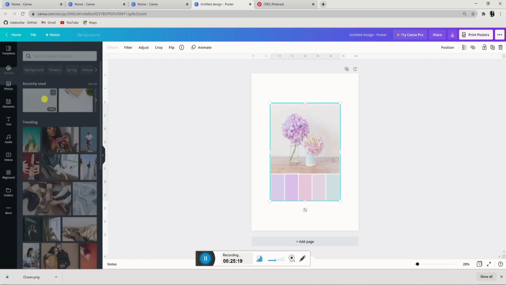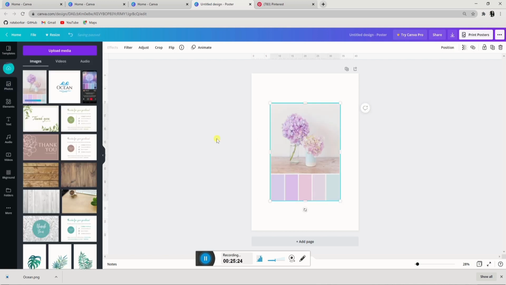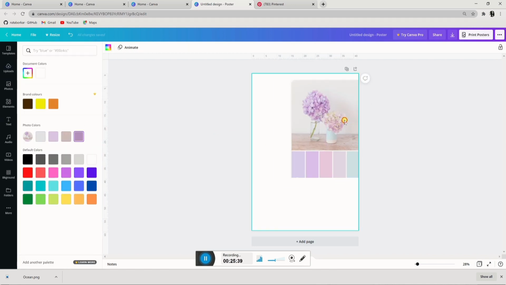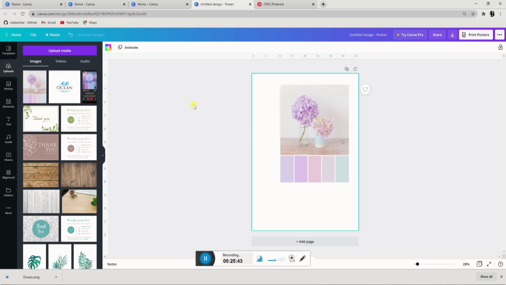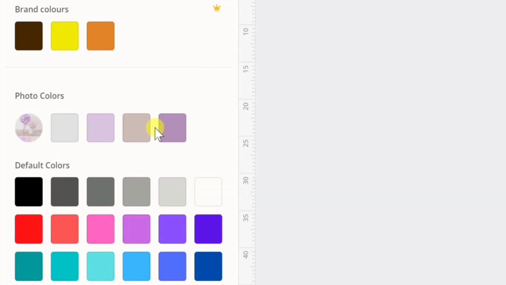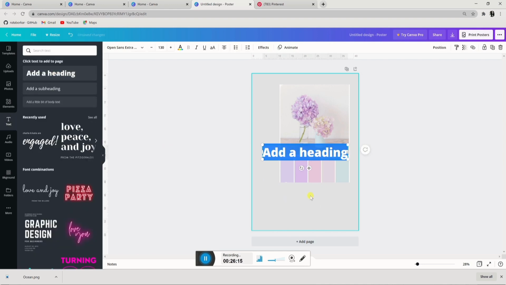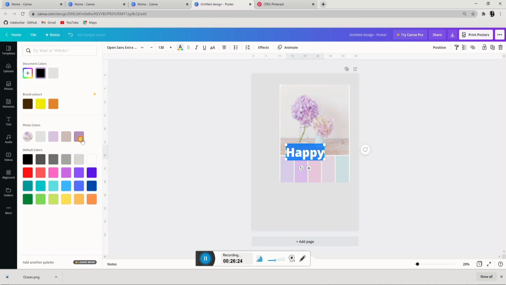This is my canvas, and here I have uploaded this image. And now just go select the canvas, and you can see all the color palette Canva tool is offering. See, right now the image is not very clear, that's why it is not picking up all the colors, but if your image is good, it will pick up all the colors and it will gel up with each other so well that your entire design will look very beautiful.